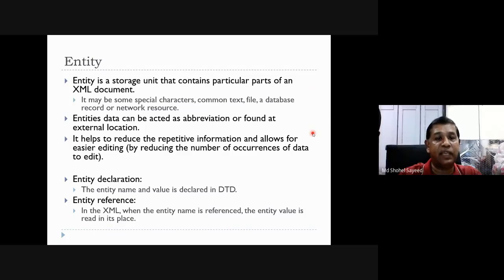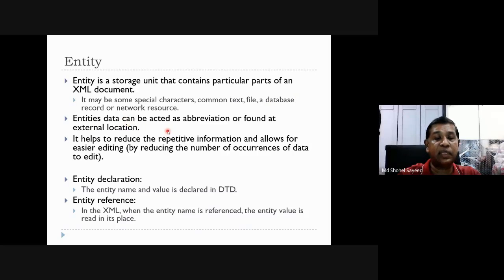Next, more talking about the entity. What is an entity? An entity is a storage unit that contains a particular part of an XML document. It may be some special characters, common text, a file, a database record, or a network resource.